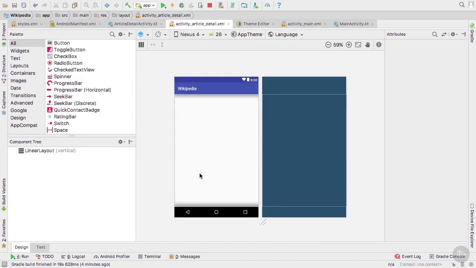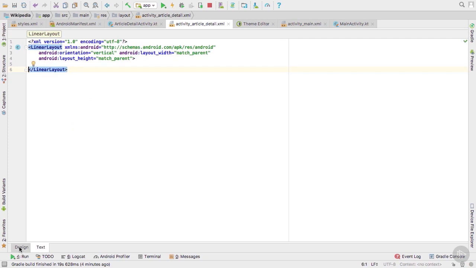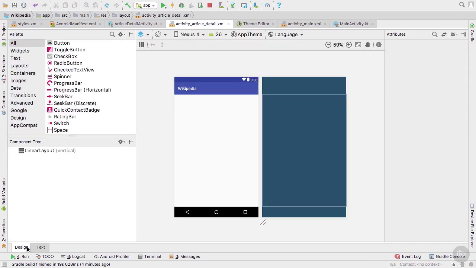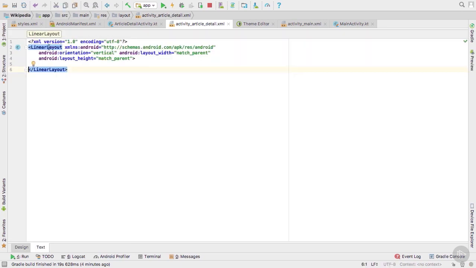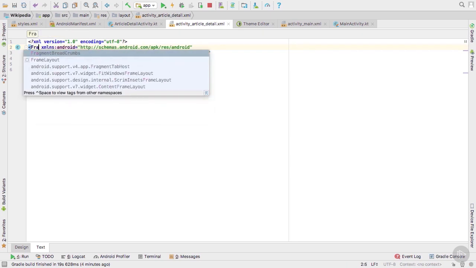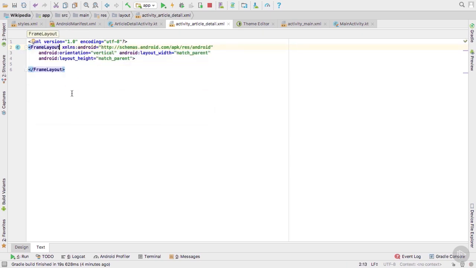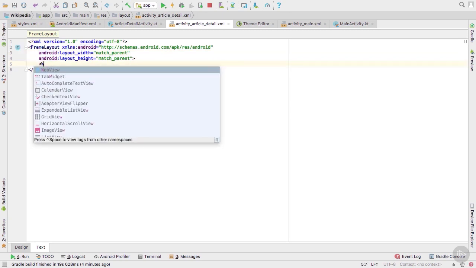Our article detail page is going to need a web view. We can do this via text or via the designer. In this case, we're actually going to be stripping out the linear layout base and go with more of a frame layout. Since we're only going to be using a web view, we don't need to have the linear layout stack child views since we're only going to have one child view. From here we can do this manually since we're going through this whole process manually, and we can get the autocomplete to add a